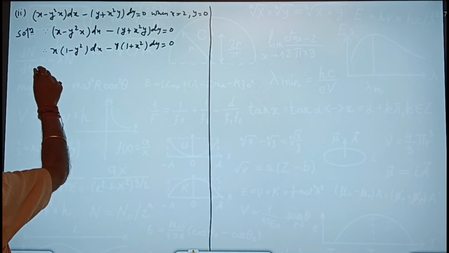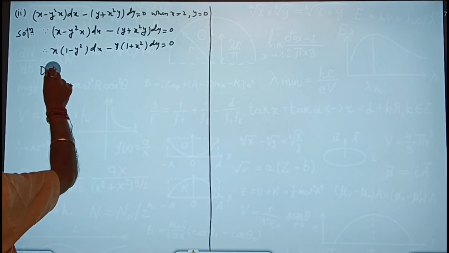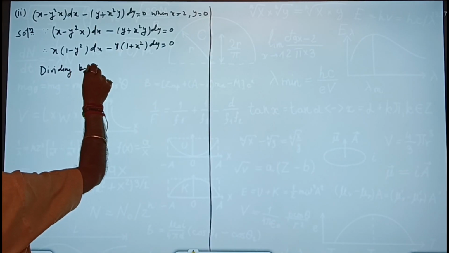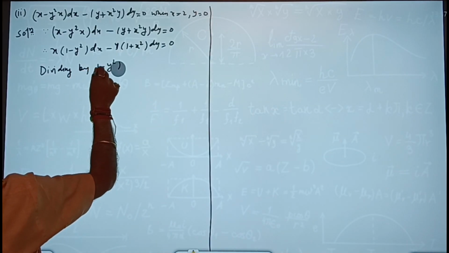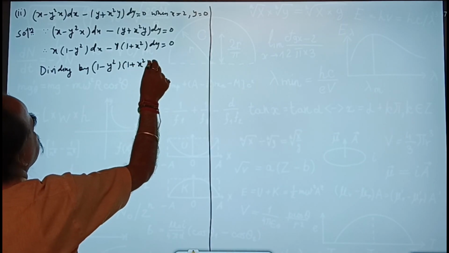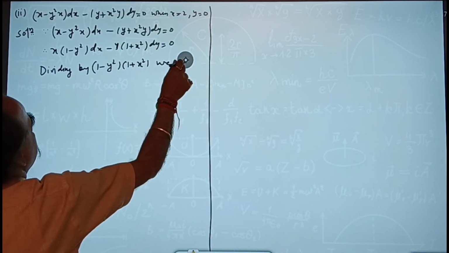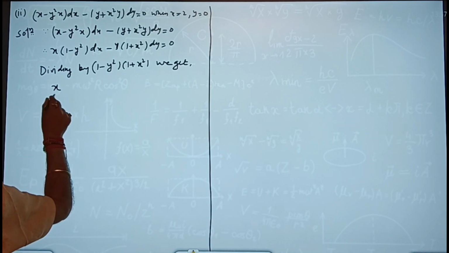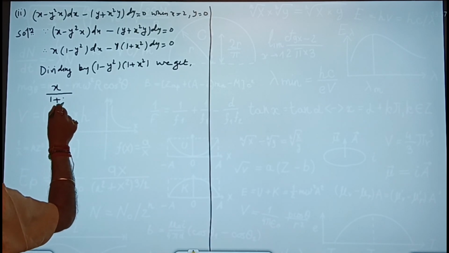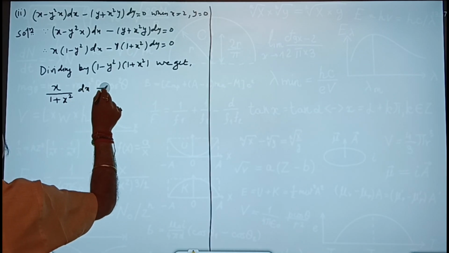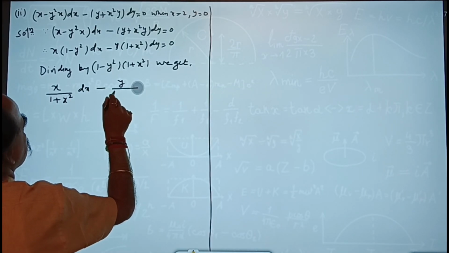So dividing by 1 minus y square into 1 plus x square we get x upon 1 plus x square dx minus y upon